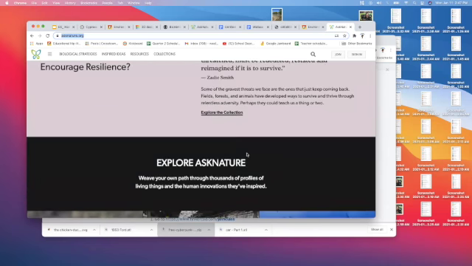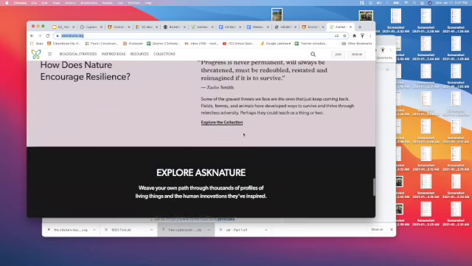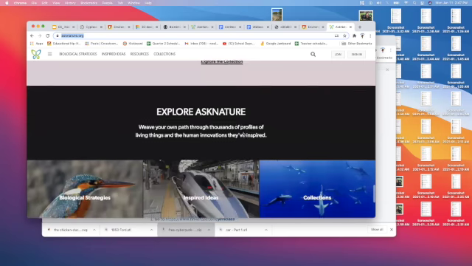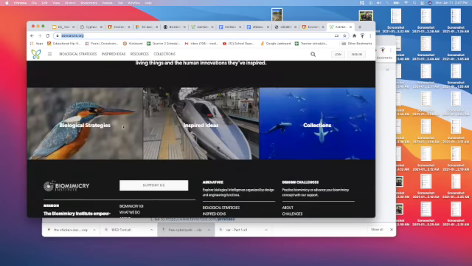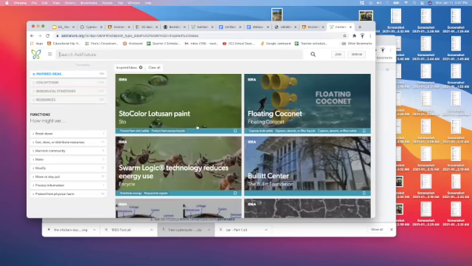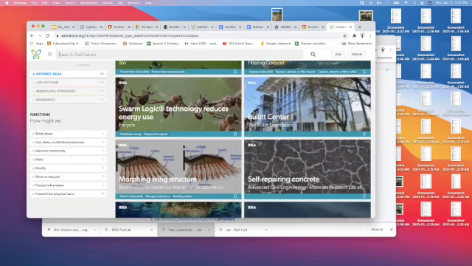Fighting back and preventing lots of change. How does nature do that? So there's some interesting reads and information on here. And then there's some biological strategies, inspired ideas, and different collections. So if I click, let's say I clicked on inspired ideas, you'll notice that they're going to give you a